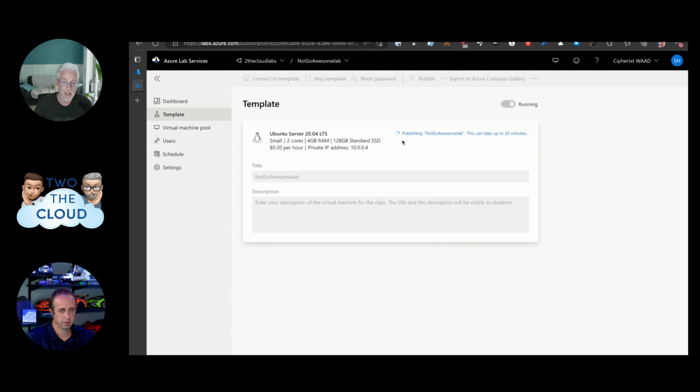It's doing the same thing there. If you're logged into your template and you hit publish, you'll be kicked out of your session because the thing's being shut down and sealed. Got it. So by default, there's not going to be anything published. You're always going to have to at least go in and publish one of them, whether you make any changes to it or not. Yes. Yep. Okay.